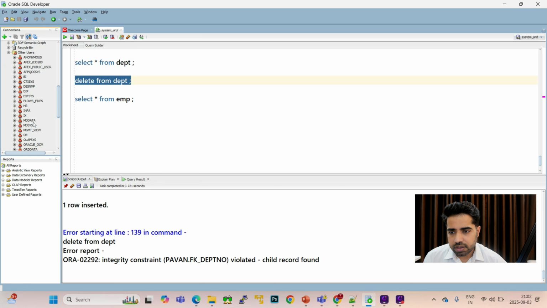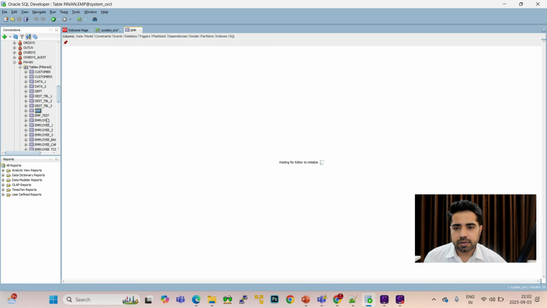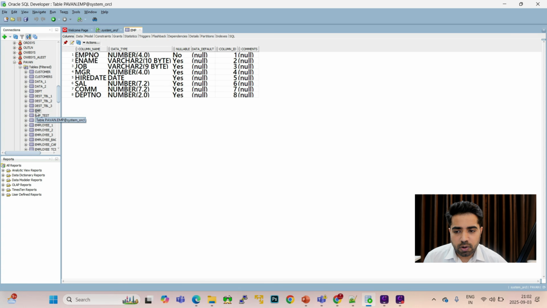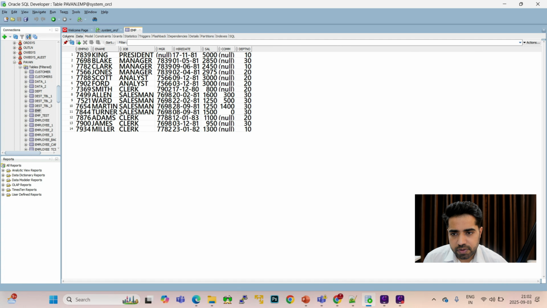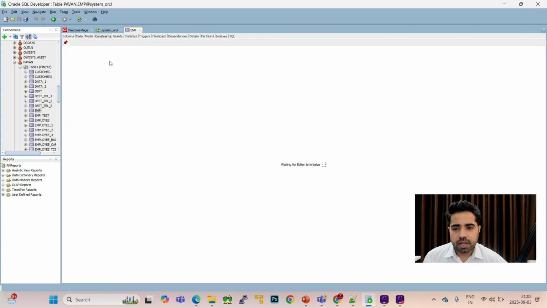So let me just simply select the EMP table. We have a user Pavan in the navigation bar. I have created it on my own user. Select the tables folder and click on the EMP table, right? When you click on any of the tables, you can see so many tabs, right? What are the columns we have and what is the data that we have. Now let me go to the constraints tab, right? In the constraints tab